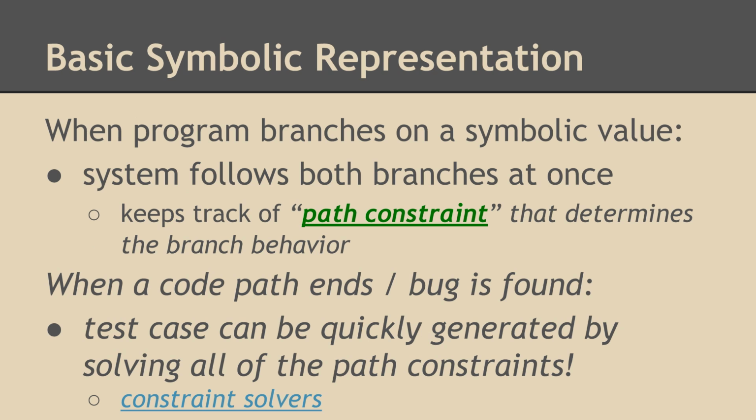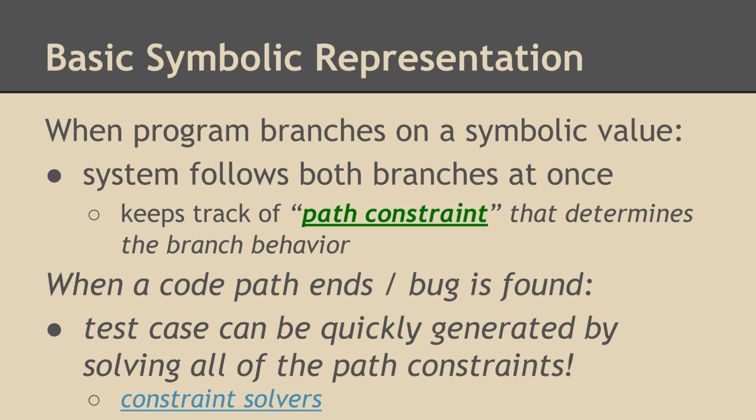This approach allows you to keep track of path constraints. So, in essence, when a program branches on a symbolic value, when doing symbolic representation, the system follows both branches at once. This is just taking a symbolic approach. It may do this in parallel depending on how the algorithm is implemented. But what it does, first and foremost, is keep track of that path constraint that determines which path is